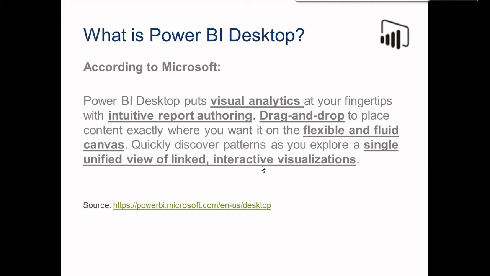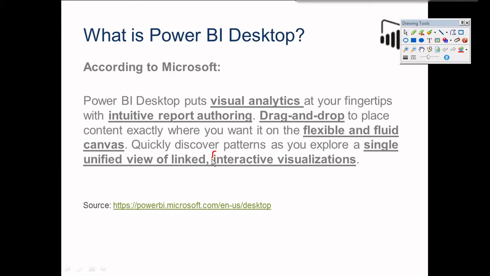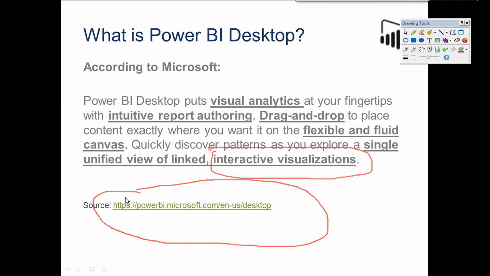At the end of the day, there are many reporting tools in the market which are competitors of Power BI visualization tools. But Power BI is going ahead of them because of its good features. The main point is Power BI reports are interactive, so you can interact with the visualizations. It does all the aggregations automatically. It is very easy to drag and drop, configure and create a Power BI report. We will come to this link at the end of the PPT and see how to download Power BI Desktop.